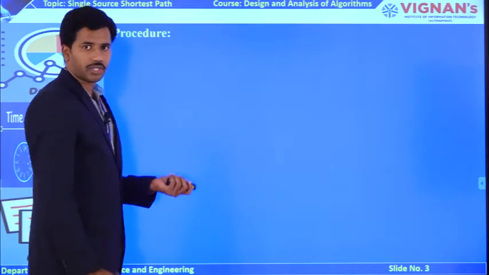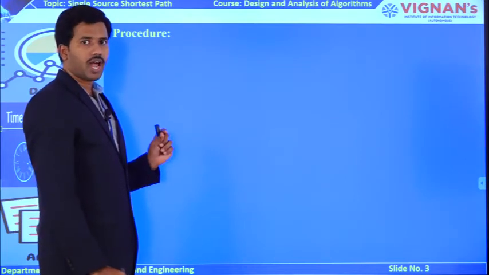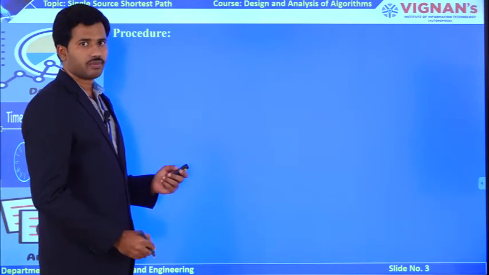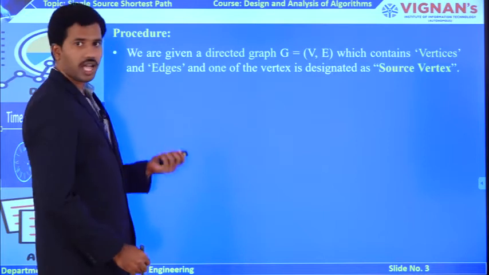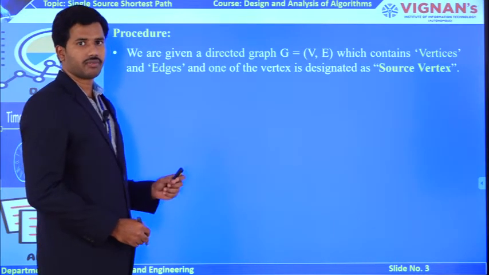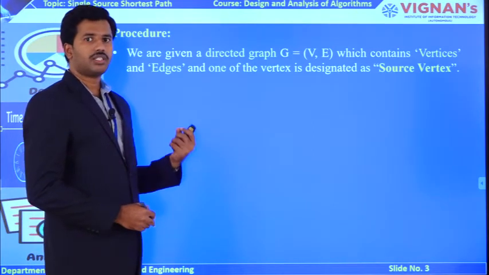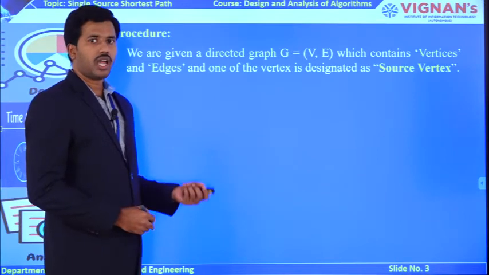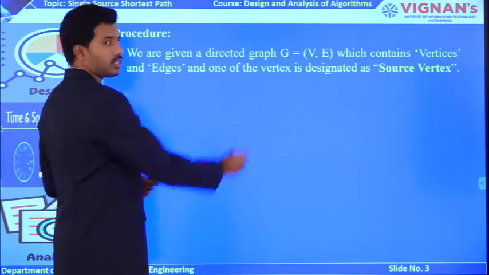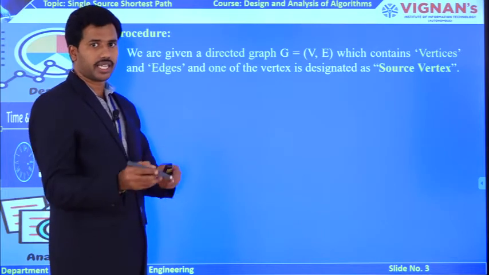Now let us see the procedure, how this problem finds the optimal path if you have a single source and n minus 1 destinations available in your network. As per our previous discussion, there will be a graph, and it is going to be a directed graph. Every graph has a set of vertices as well as edges, and those edges are directed edges, because my graph is a directed graph. I hope you are aware of the difference between undirected and directed.